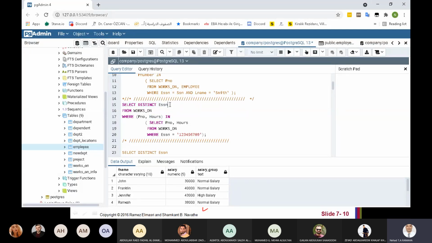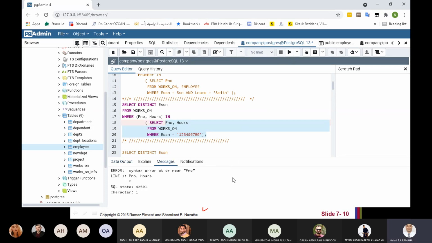So what do we return here? We return ESSN, not the project number and hours. We return what the outer query selects, the outer query's selected attributes. So the inner query is just for comparison here. It will not appear in the final result. So, okay, what's the syntax error here?